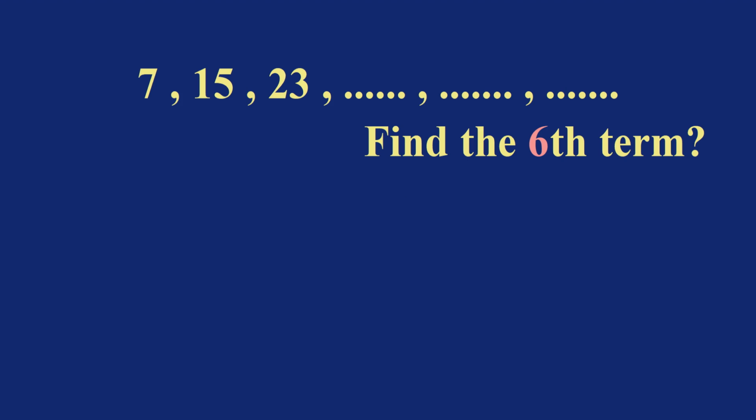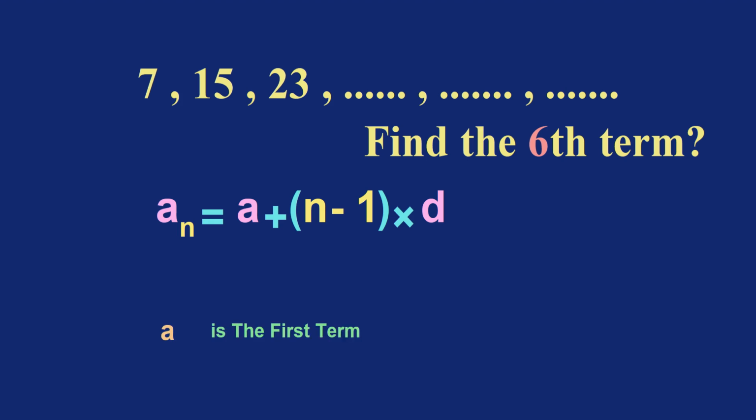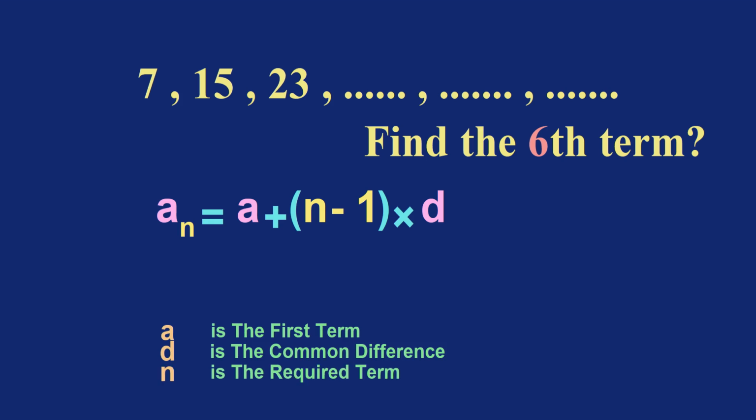In this method, we use the formula an equals a plus n minus 1 times d, where a is the first term and d is the common difference and n is the required term. From our problem, the first term a equals 7 and the common difference d equals 8 and the required term n equals 6. We substitute into the formula the values of a, d, and n, and we get that